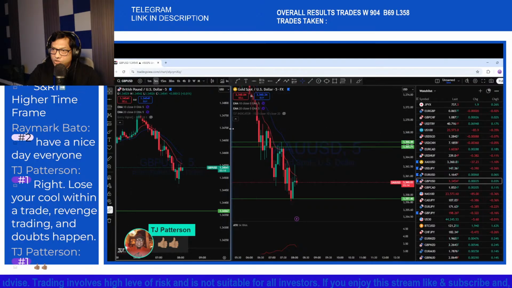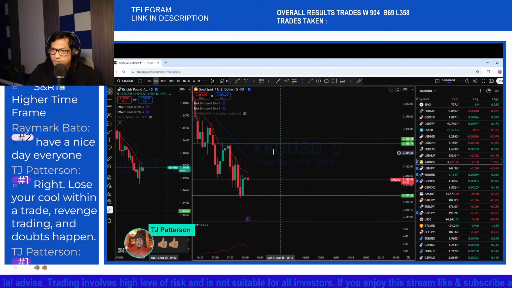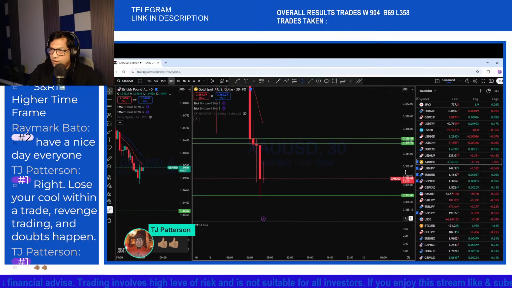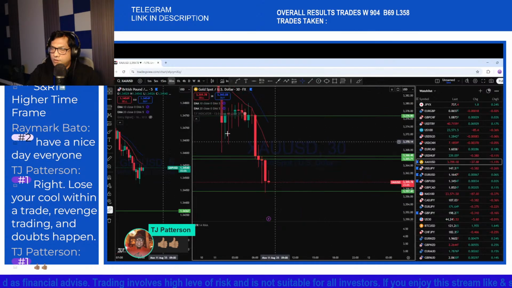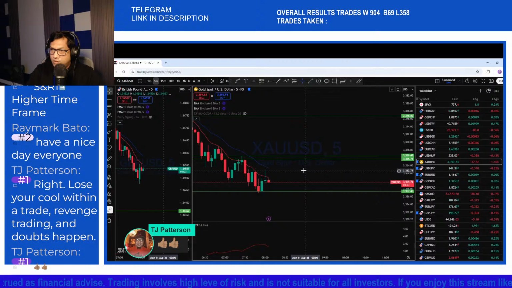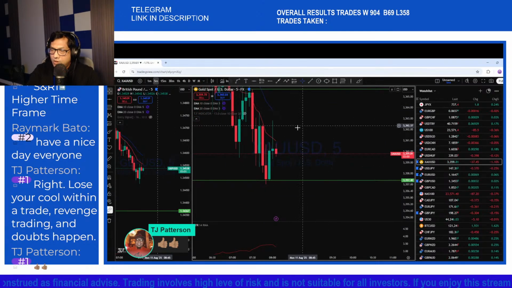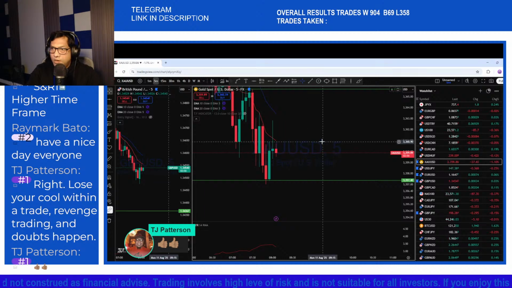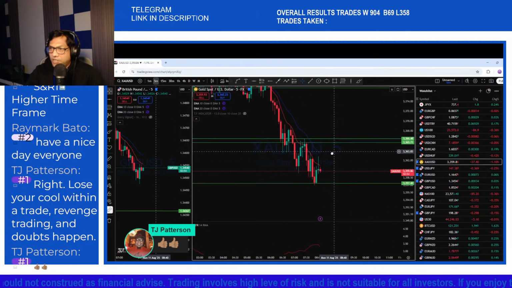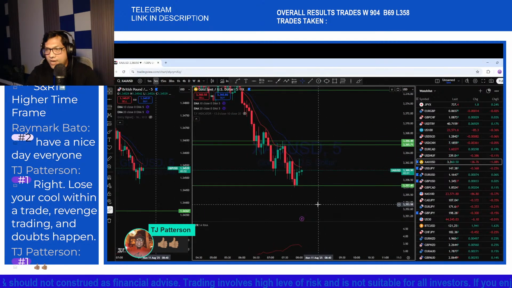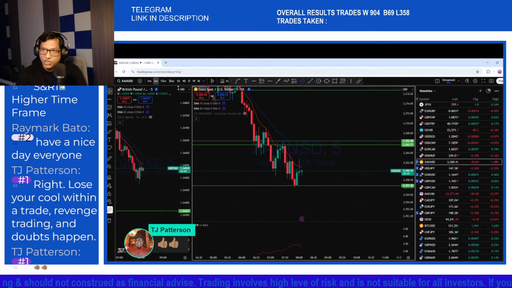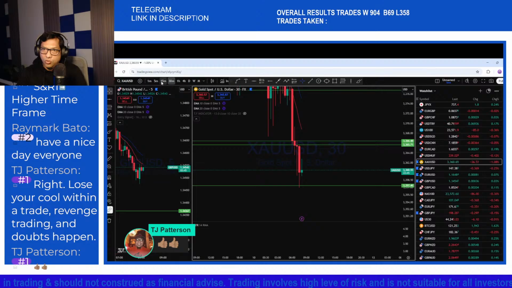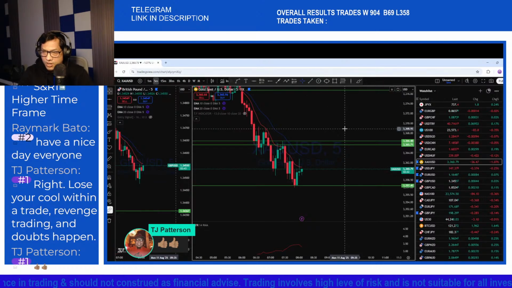We see a very organized trend on XAU USD than any other instrument. Here is gold that you can see on the 5 minutes. Downtrend, I'm waiting for a break of structure to a key level, and then we will be looking into that